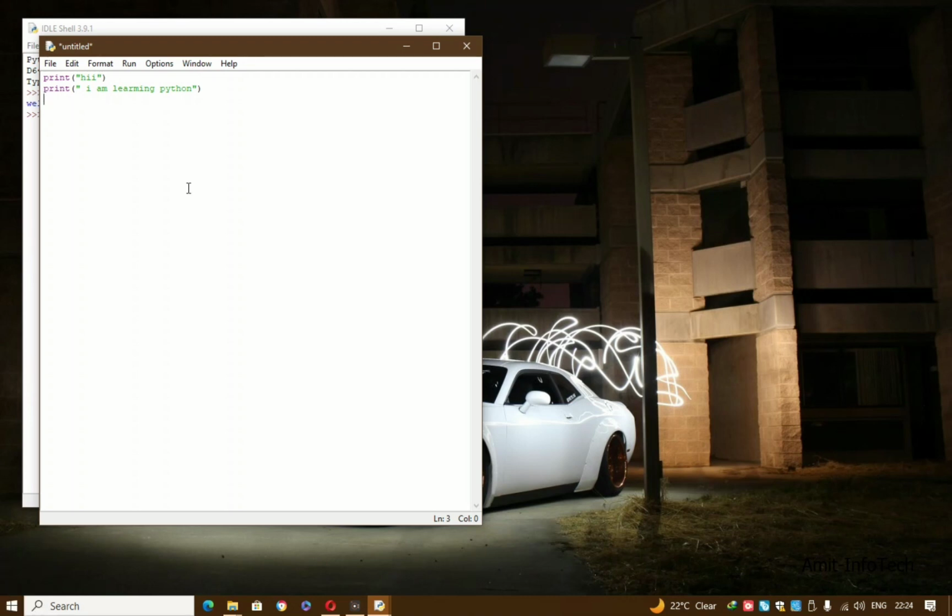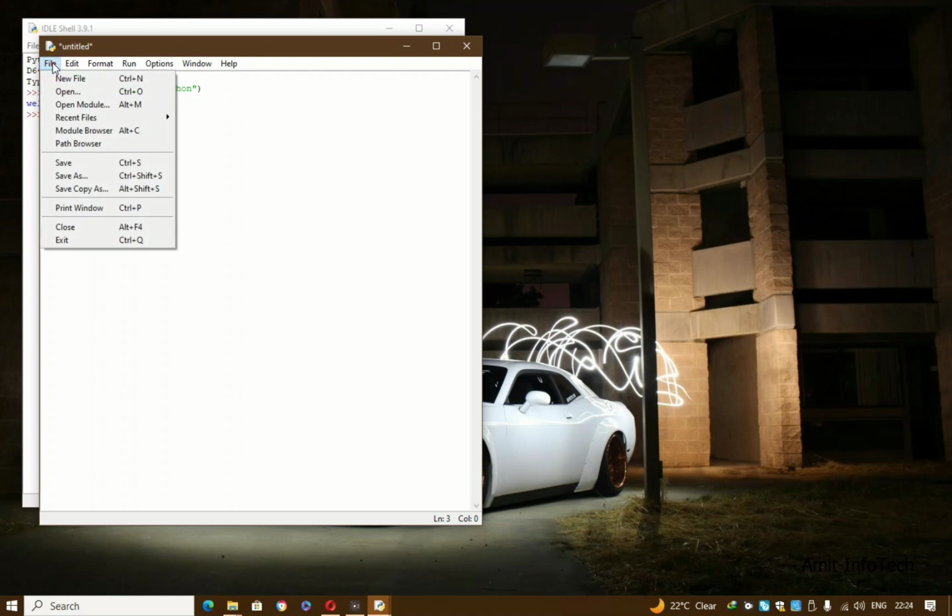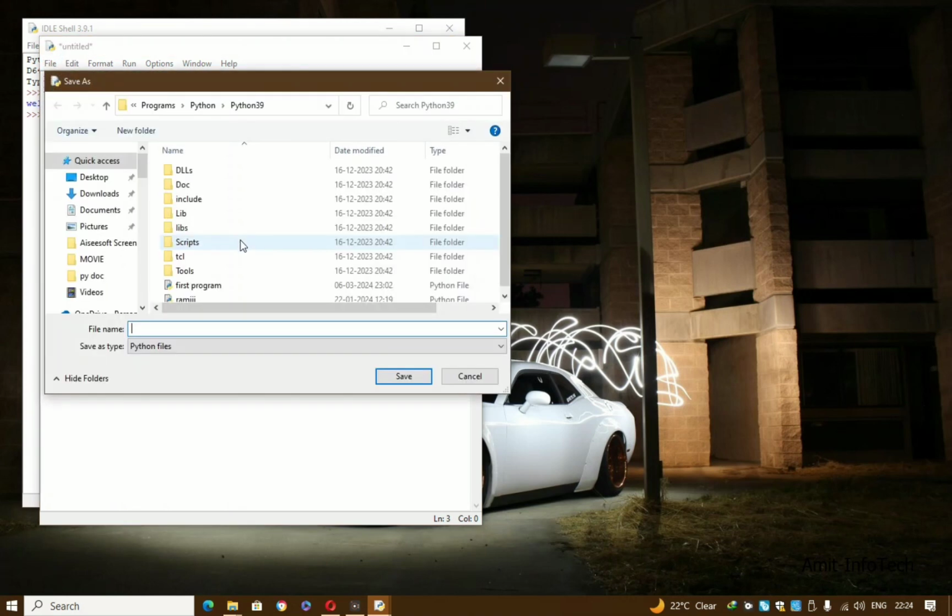Okay, so this is our code. After entering the code or the program, we have to save it. You can use the shortcut Ctrl plus S, or you can click on the File option, then the Save option. Here you can write the name, first program, and save it.